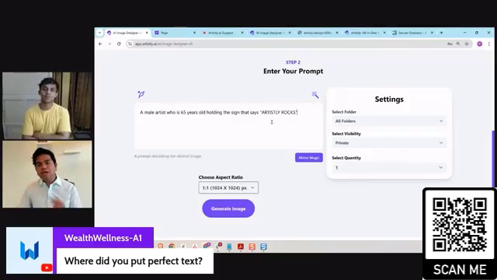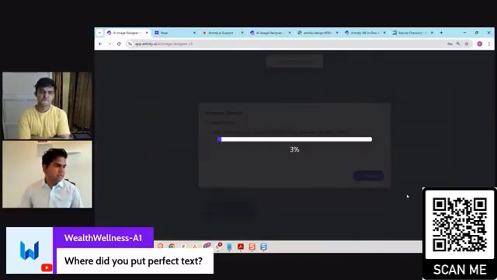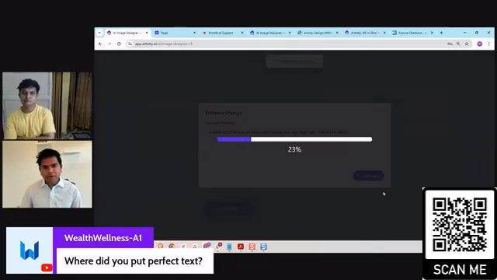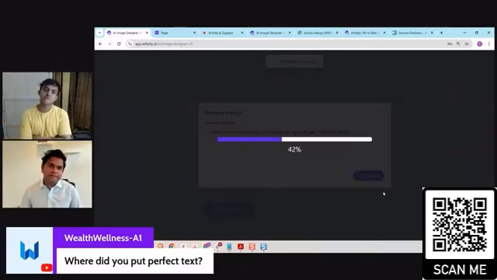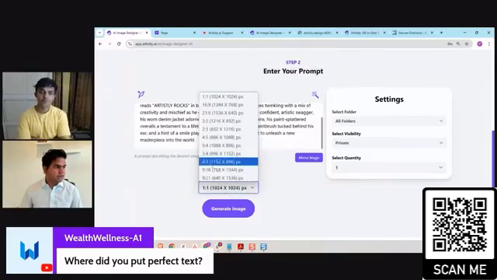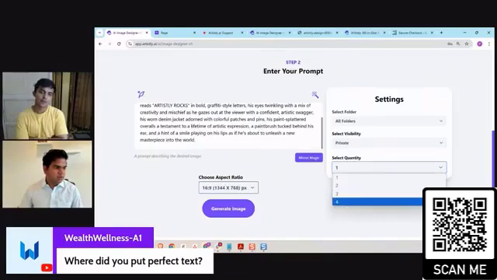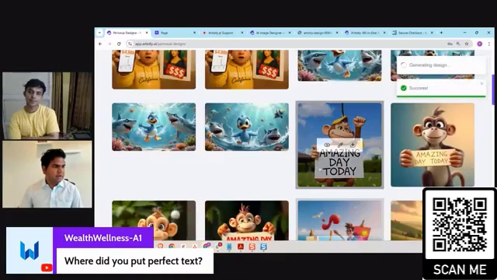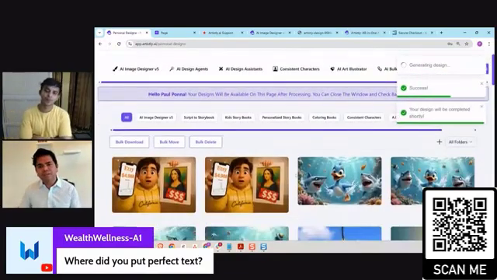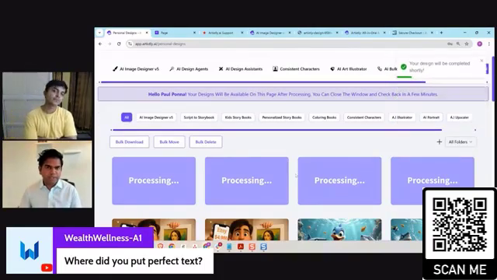Okay, before you'd have to use the perfect text setting to get this. Now you don't have to. Does that make sense? So you can even enhance the prompt here, as you can see, and make it a little bit better if you want. But regardless of whether you're using text or whatever, it doesn't matter. You can generate it. So let's say whatever dimensions you want, 16 by 9, and then you want 4, then click generate. So what's going to happen is, from the get-go, regardless of what option you're picking, the text will be perfect. Does that make sense now?